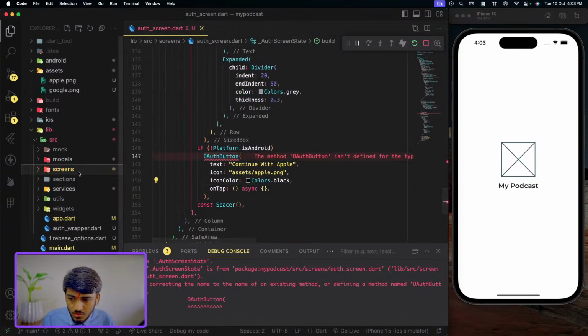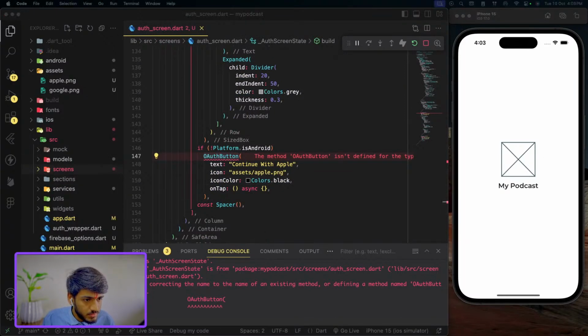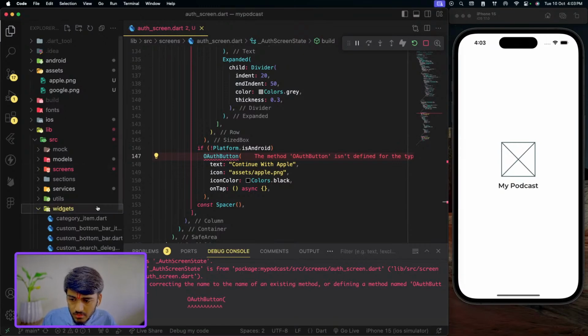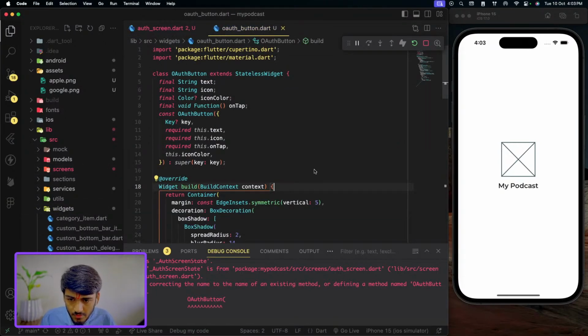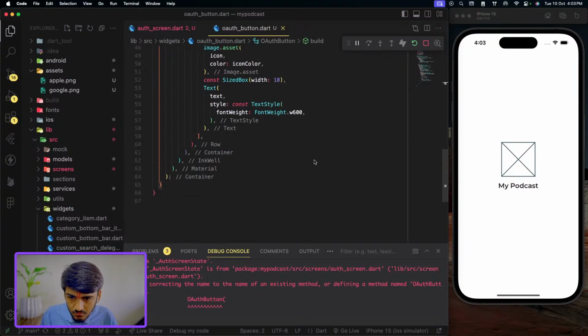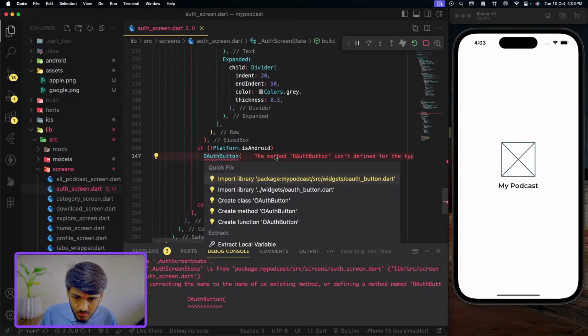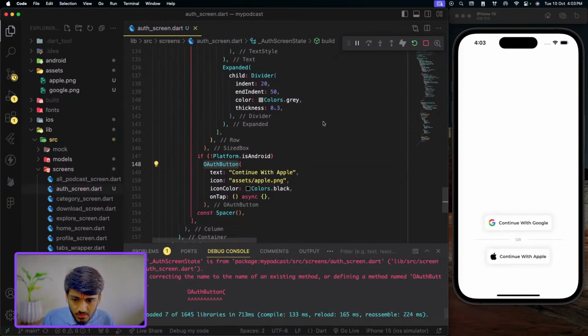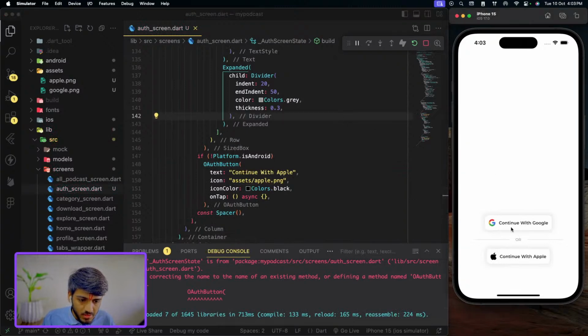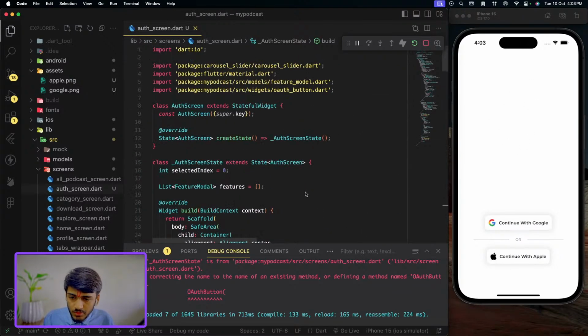I need to create this widget, OAuth button, so let's have that widget. OAuth button, there we go, we have it. Let's import that button and we are good to go. We have a continue with Google button, we have continue with Apple button, and we need to just create a list of features. Now what we'll do, we'll use ChatGPT to write us really good